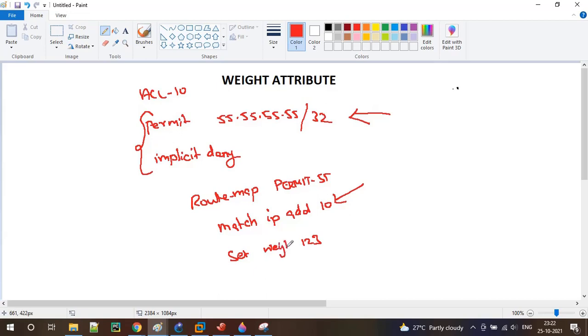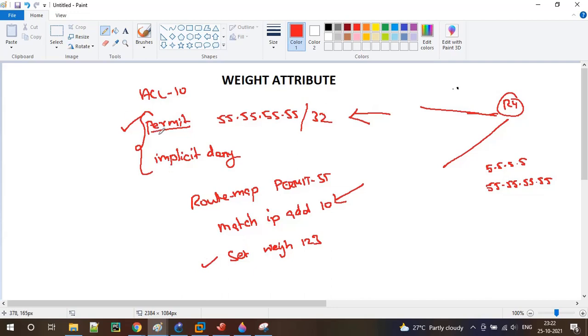Am I right? Okay. So router 4 has two different links. When it is going to receive 5.5.5.5 and 55.55.55.55, for 55 we have a permit statement, so it is matched, and for this it will set weight 123.